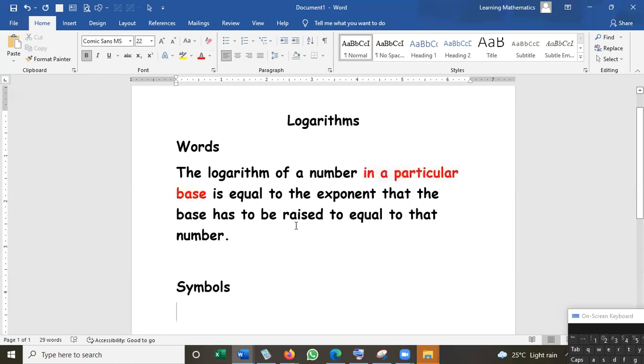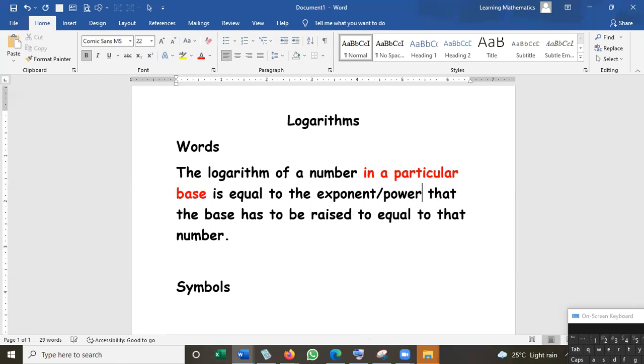Is equal to the exponent, and another word for exponent is power, that the base has to be raised to equal to that number. Okay, so symbolically now,